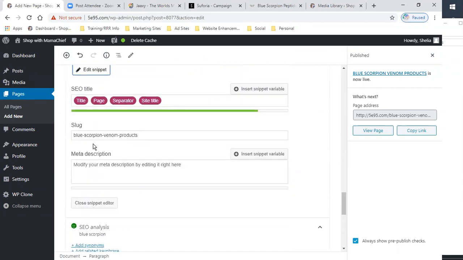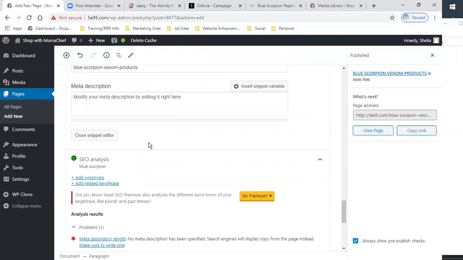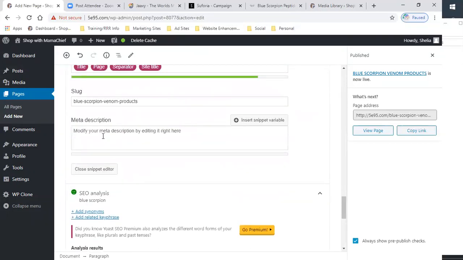So my slug is Blue Scorpion Venom Products, which is fine. I think I want to leave it. Yeah, I'm gonna leave it there because I already have Blue Scorpion. So we're gonna leave that there. And then my meta description is